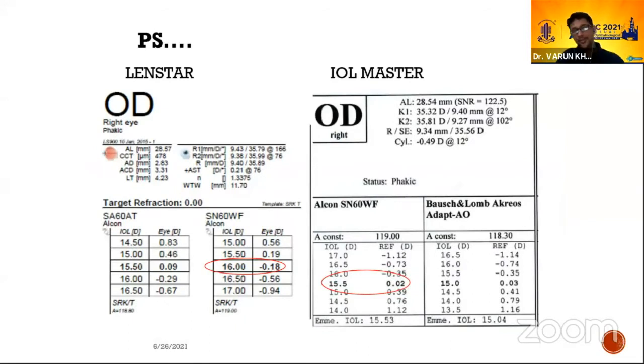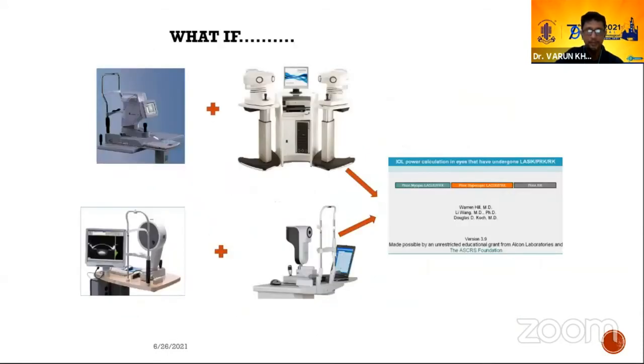Similarly, if we just went a little back and saw how much the power IOL Master and Lenstar were calculating, we would have probably made the patient hyperopic by about 2 to 2.5 diopters. Now, this is something very interesting, which I always share with all my colleagues, especially for people in tier 2 to tier 3 cities.